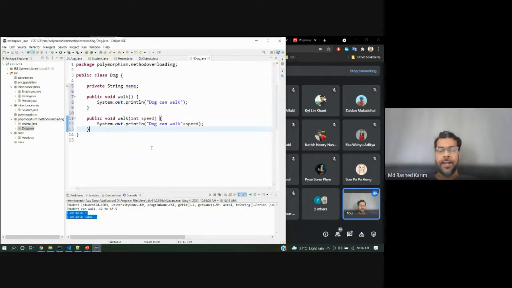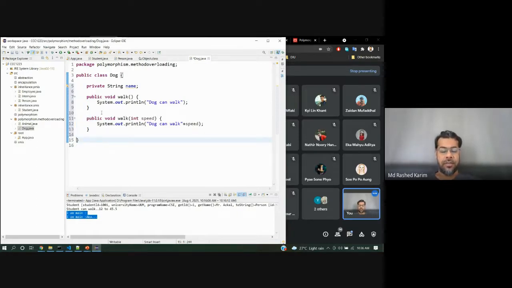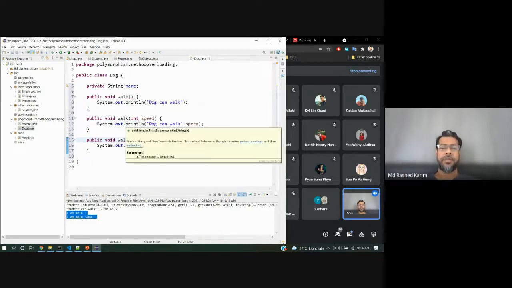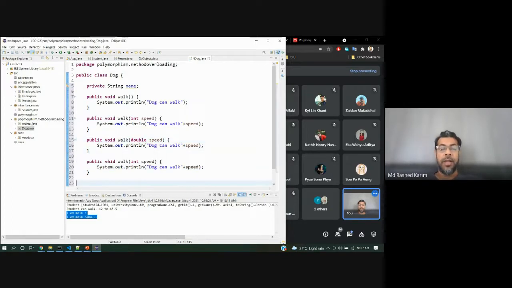And I can have another overloading for your understanding: speed is double, a single parameter but different data types. Maybe integer.